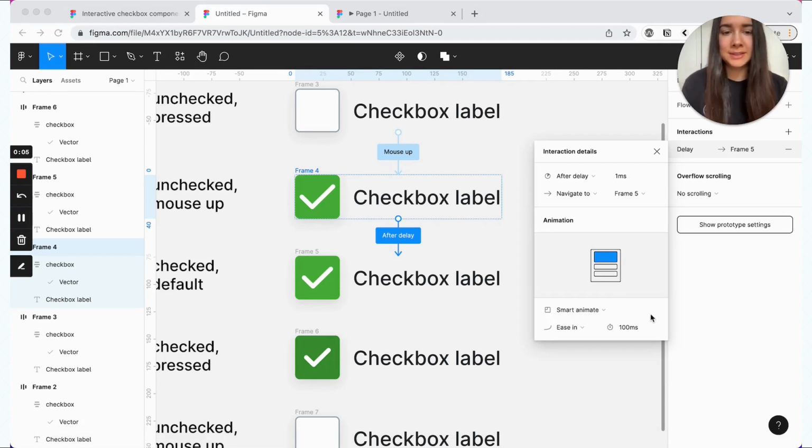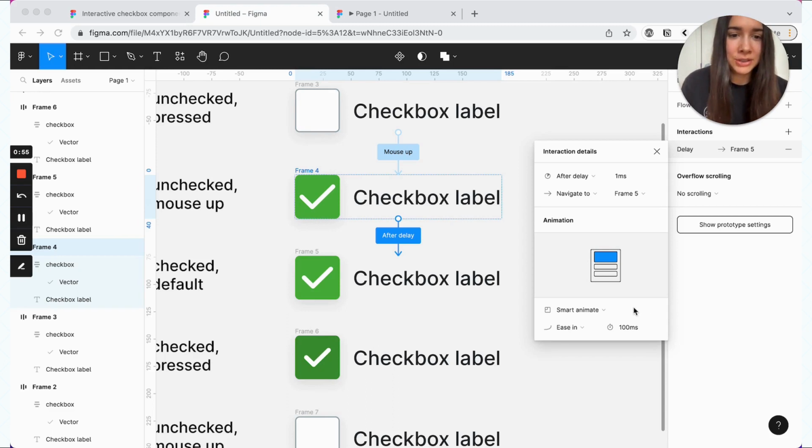And at this point, this is the most fun part of the tutorial, because now we get to choose which function we want, which easing we want for that animation the moment you check the checkbox. So you can keep it relatively plain and calm, or you can make it really bouncy. And it really depends on your preference, on the kind of app you have. Probably if you have a long form with lots of checkboxes, tons of bouncy checkboxes would be overwhelming and kind of annoying. But if you have just a couple, it's fun to add something fun.